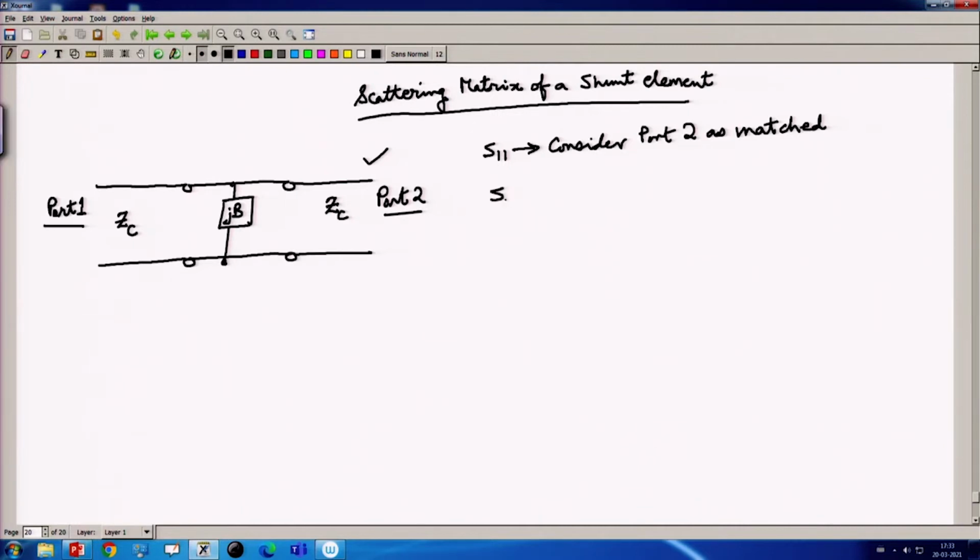So, S11, because this is a shunt element, we will discuss this in terms of the admittance: Yc minus Yin by Yc plus Yin, and that is equal to